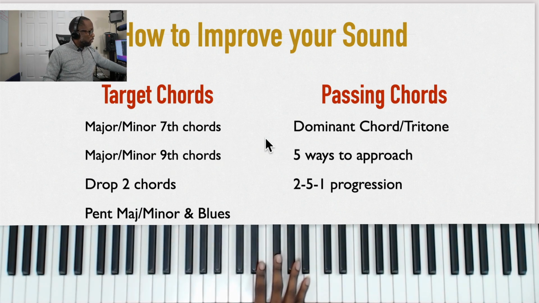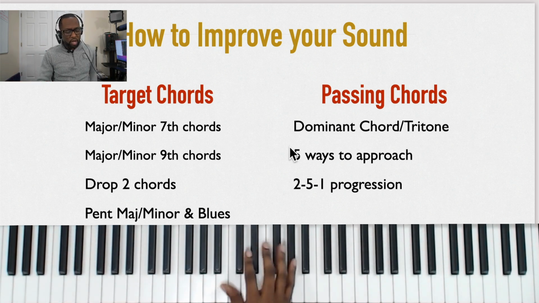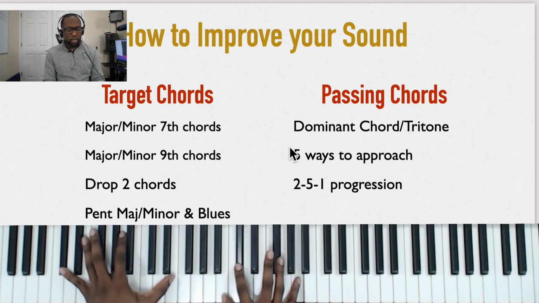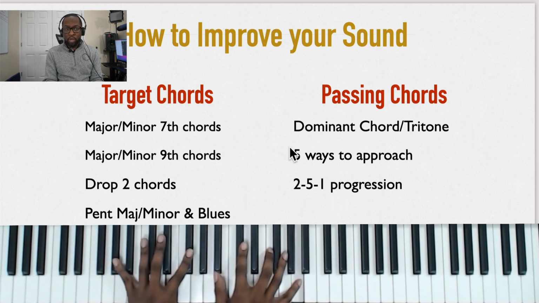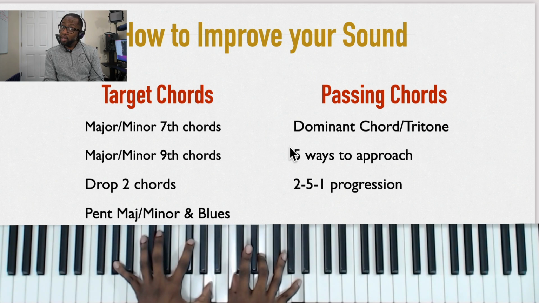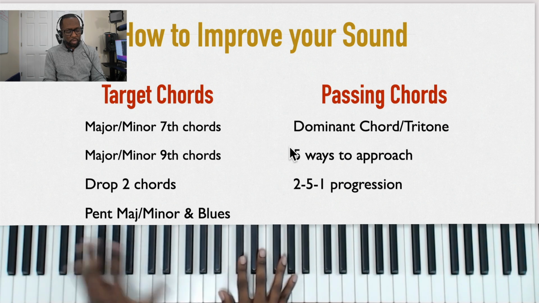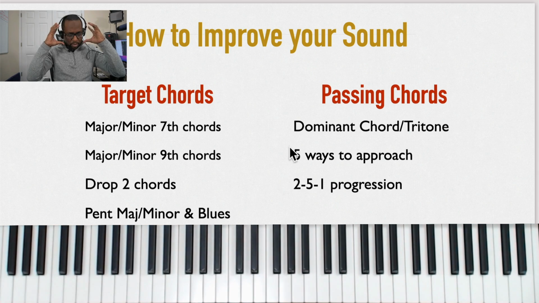I'm at competent level simply because I'm thinking about how to approach different chords. So instead of just going at the advanced beginner, instead of going you alone and going straight to this A chord over C sharp, I went you, someone would say like, where'd you get that chord? But I'm not thinking of the chord itself. I'm thinking of what I'm trying to approach. I'm trying to approach this chord with a C sharp at the bottom. And so my brain at competent is only thinking in terms of approach. That's why it says 5 ways to approach, because I got to know how I want to approach things.